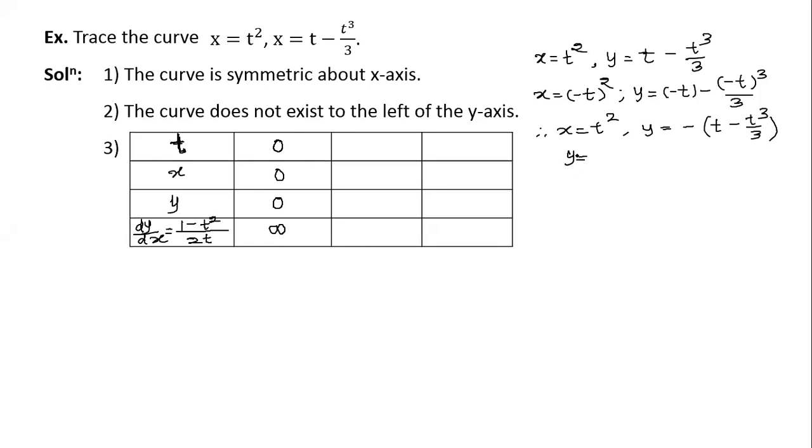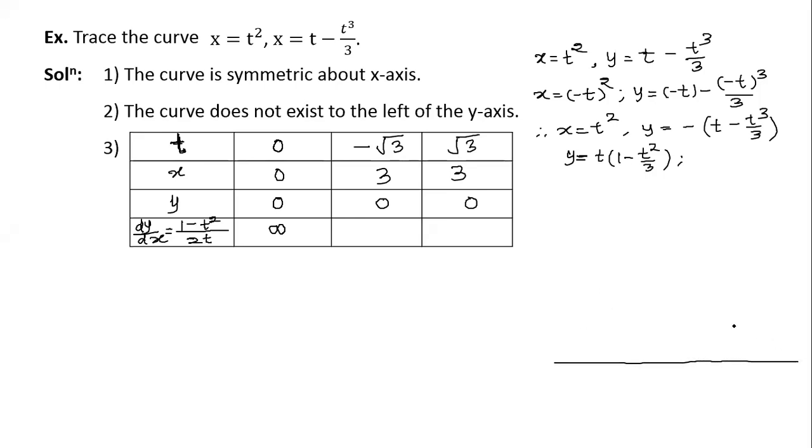Here let us see y. Y is equal to t minus t cube by 3. So t is common and 1 minus t square by 3. So y will be 0 when t equal to 0, or t square equal to 3. So t equal to minus root 3 or t equal to plus root 3. On both the occasions, y is going to be 0, and on both the occasions, x is going to be equal to 3. So we have obtained one more point.